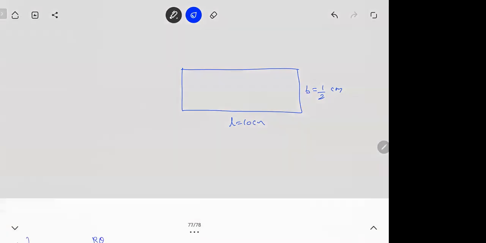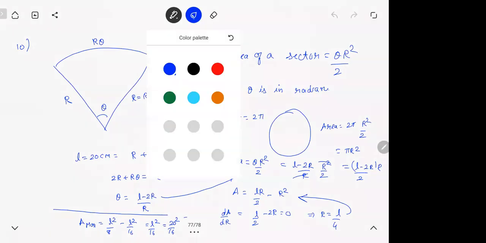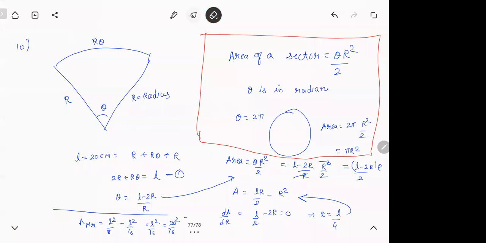Okay. Right? Listen again, everyone, I'll explain this again. The first thing you should know is this. This is different from the question. The area of a sector is theta r square by 2. If you don't know that formula, you can't solve the problem. How can you get that? For a full 2 pi, when theta is 2 pi, you'll get a full circle. The area is pi r square. For 2 pi, if the area is pi r square, for theta, what is the area? That's the first thing you should know.